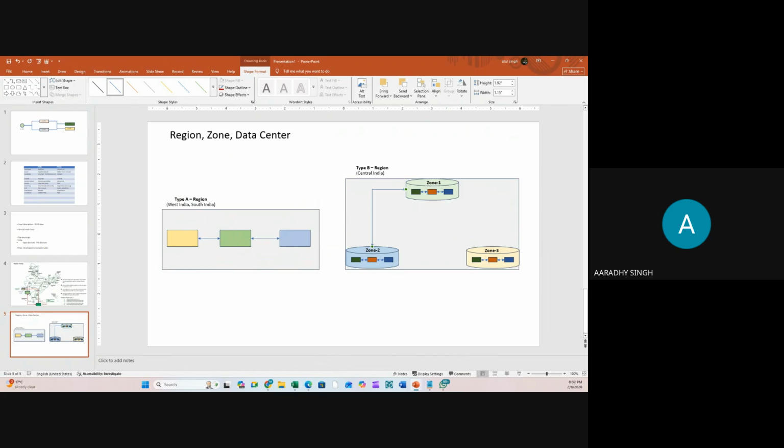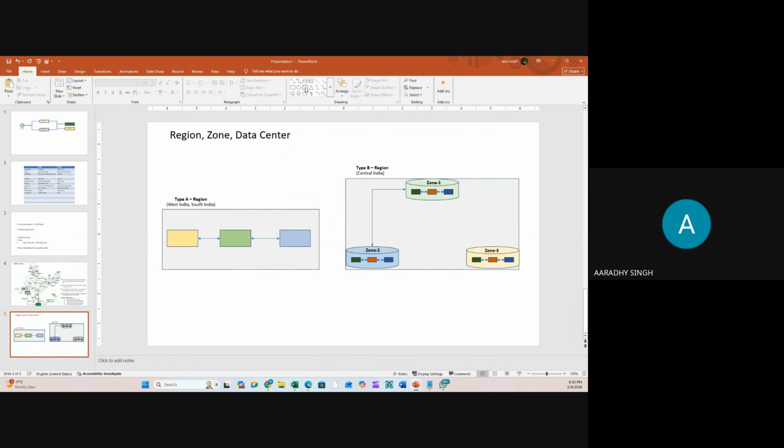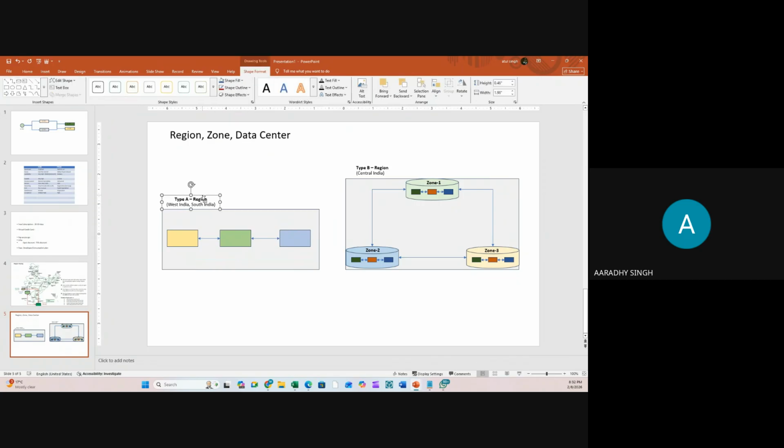So you see here, these 3 zones will be interconnected. So we have 2 types of region available, type A region and type B region. In type A region, within the region, you'll get multiple data centers. These boxes are nothing, just data centers.